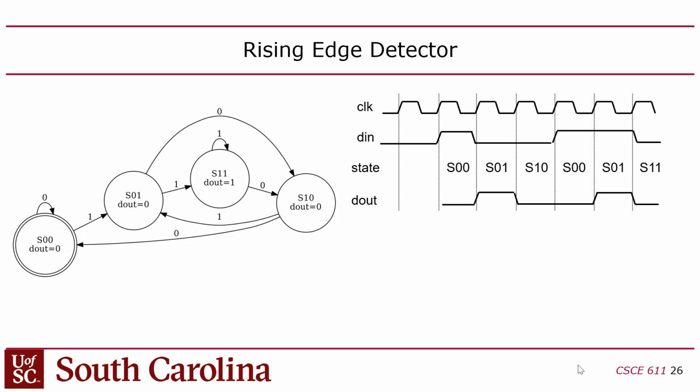But if I'm in state 0, 0, it's not recording what the current input actually is. The 0, 0 represents the value that was in the last cycle and the cycle before that, right? Because it takes a cycle to update the state. So this is saying that the last 2 inputs were 0, 0, but it's 1 cycle old information,